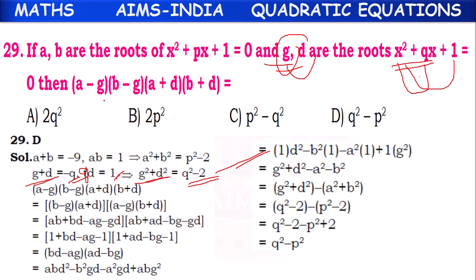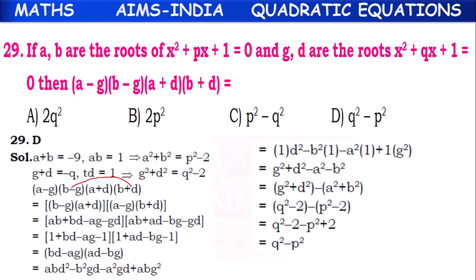So now we have to calculate this value, (a minus gamma)(b minus gamma)(a plus delta)(b plus delta). Let's calculate. Let's make (b minus gamma)(b plus delta) one group, and (a minus gamma)(a plus delta) one group. Let's separate them into groups and multiply them. B into a, ba; b into delta, b delta; gamma into a, a gamma; gamma into delta, gamma delta. Like that we have to multiply these two and then multiply this one.